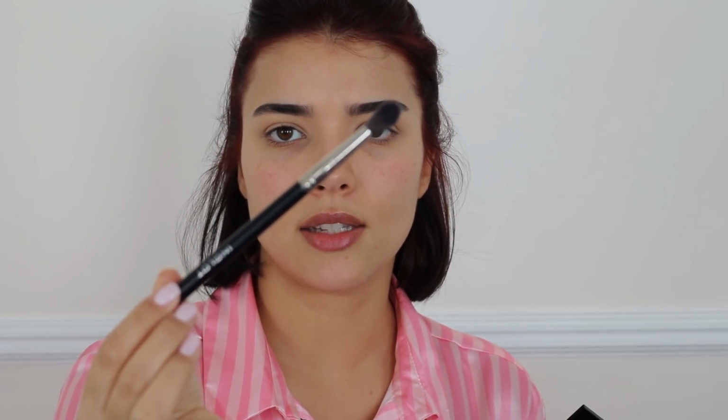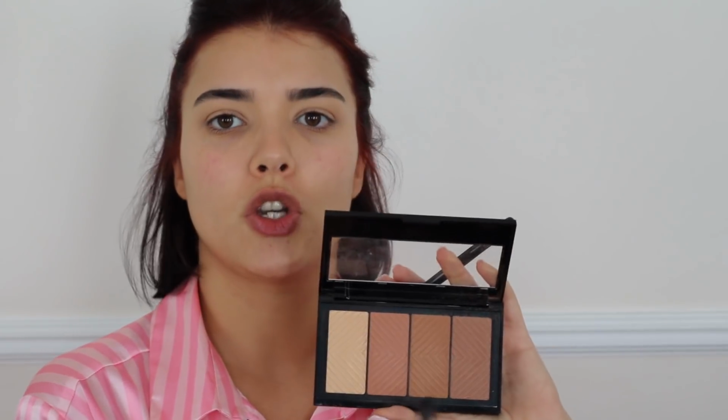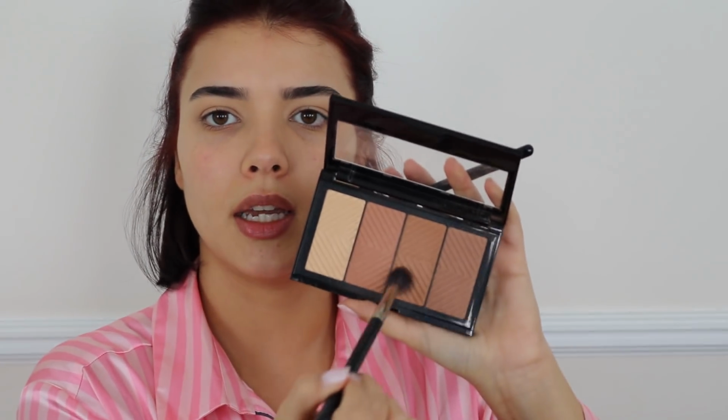So this is the Inglot 6SS and it's a nice fluffy tapered brush like that. So I usually just go into both because I like to layer my colors and my products. So I'm just lightly like dabbing it in, and we're gonna go into the crease. And depending on how,